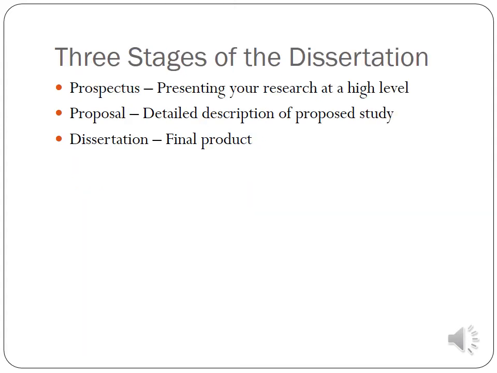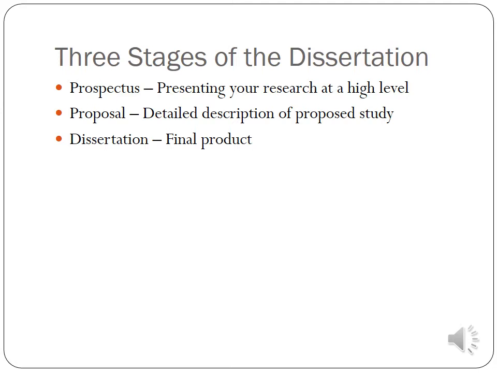The dissertation process is divided into 3 stages. The first is a prospectus. This is a 15 to 20 page mini proposal that you will use to propose the initial idea for the research. It contains a problem statement, the purpose of the research questions, a miniature literature review, and a brief overview